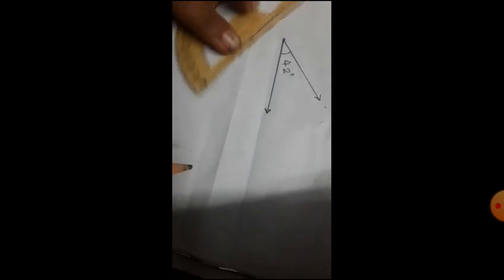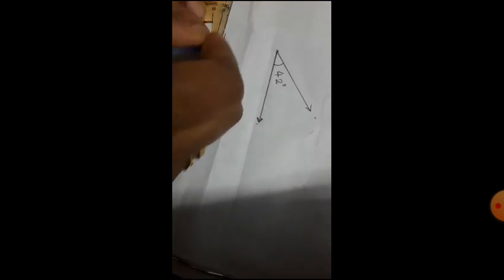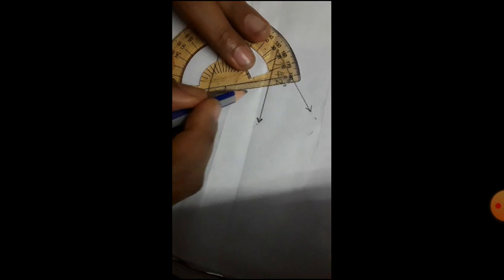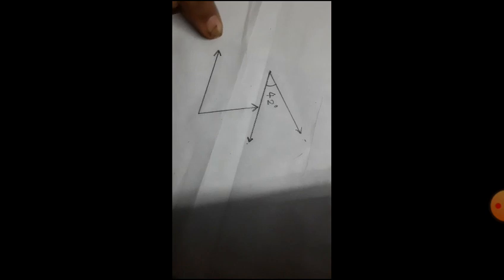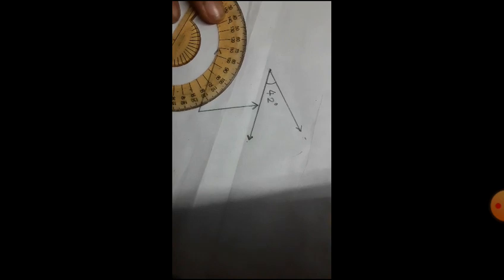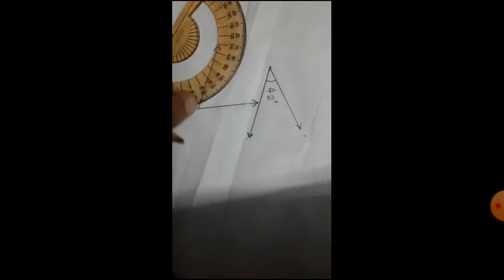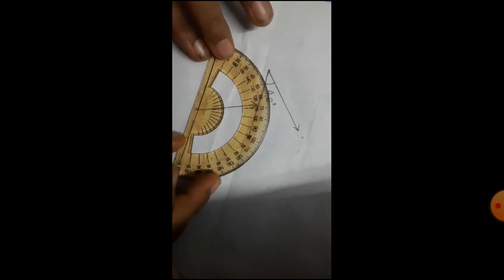Okay, now I am drawing another one, and I am drawing it like this. Okay, here you look, this angle is facing to the left side and this arrow is pointing to the left side. So from which scale you have to take the measurement? Yes, from the outer scale. Okay, always remember, if it is pointing to the right side, you have to take from the inner scale. If the ray or the angle is facing to the left side, then you have to take from the outer scale.